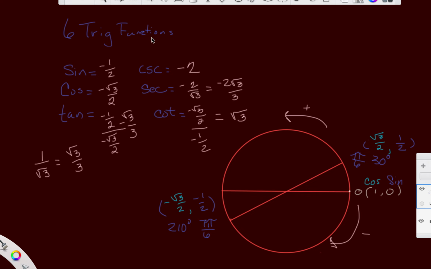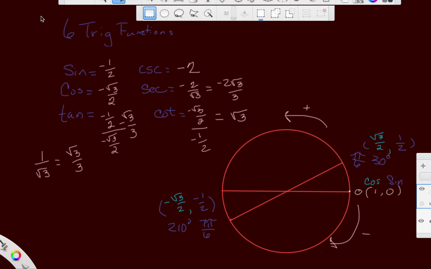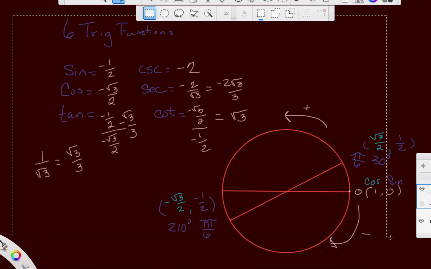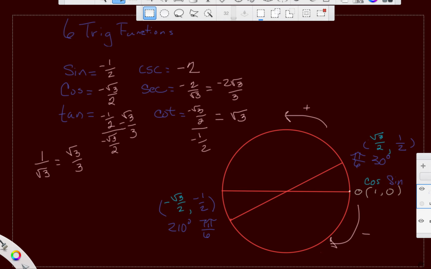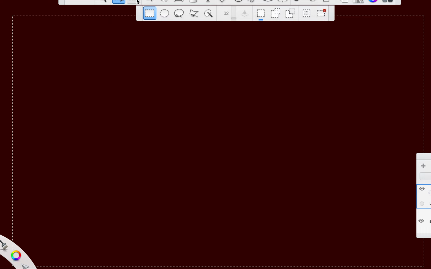All right, so I'm going to move on. Let's see if I can capture all of this. I can. Get rid of it. Move on to the next section. The next section, in and of itself,